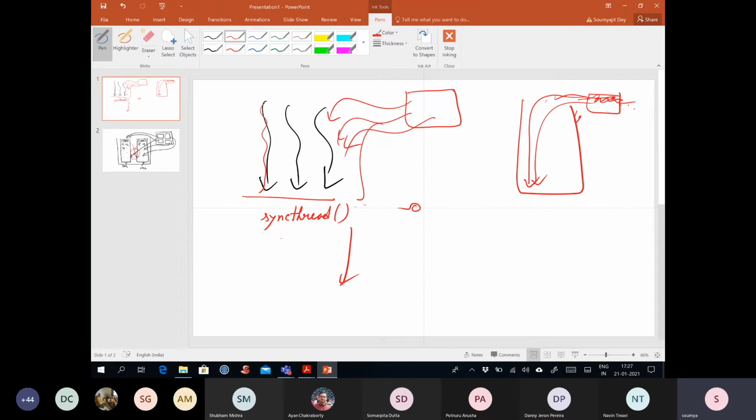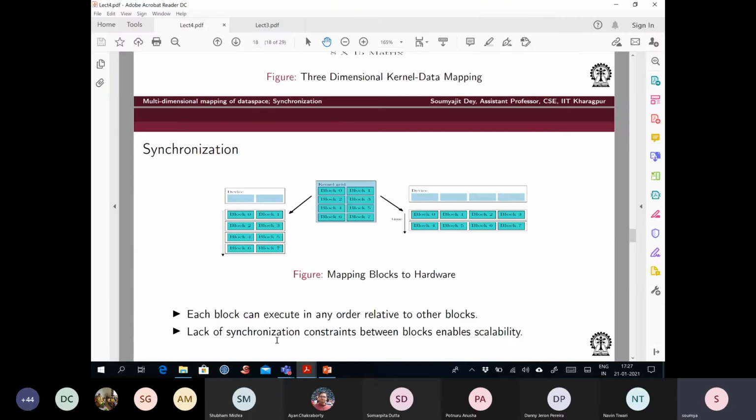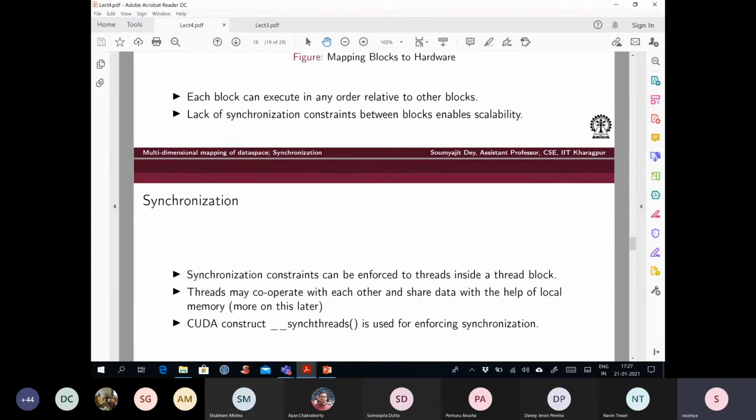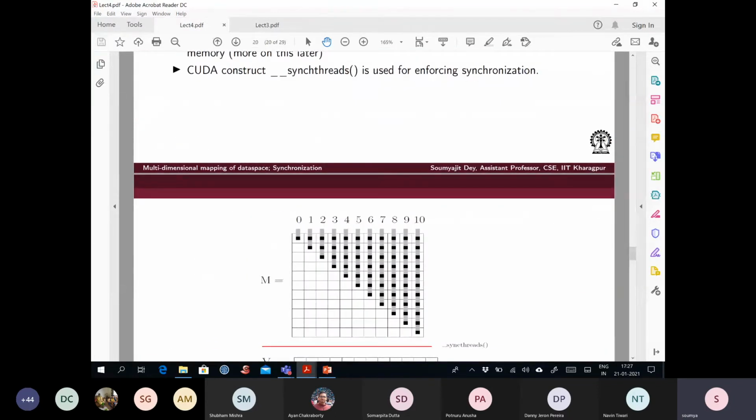So in typical GPU programming parlance, you do not really want to synchronize across blocks, because that is going to take time. Of course, there may be applications for which in some cases it is absolutely essential, but the way the system has been designed is like this. Blocks can be executing at any speed. Different blocks can execute at different speeds, doesn't really matter. But inside a block, I can synchronize using this kind of synchronization constructs. Which block will go earlier and which will come later is not much in your hand. This is primarily done to ensure scalability and all that.